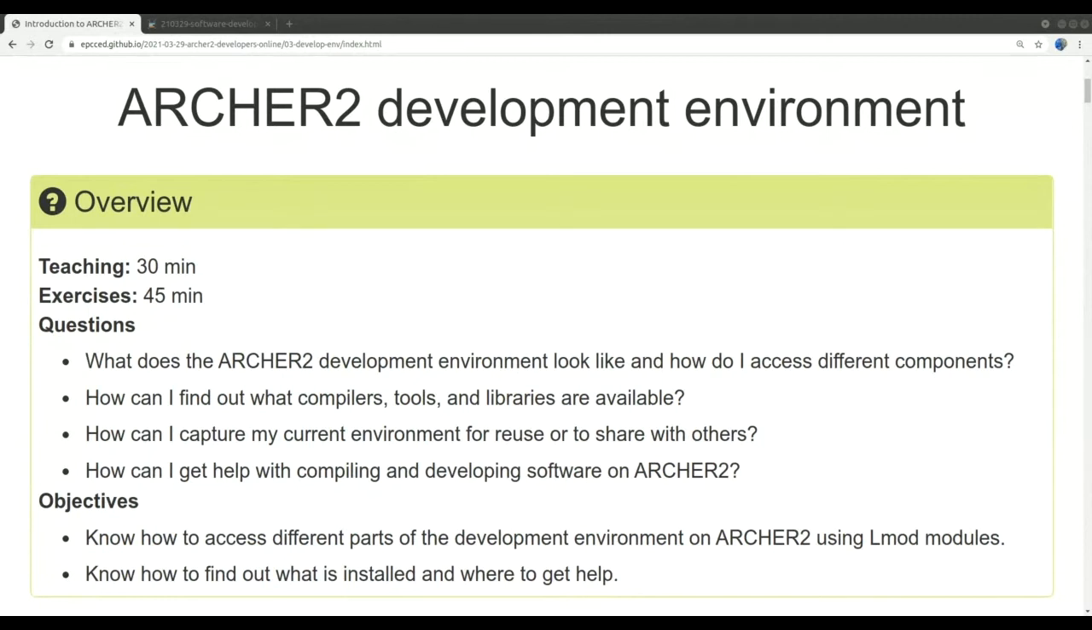So this afternoon, we're going to be focusing on 3 main things. The first thing is the ARCHER2 development environment. We'll be talking about what software is available on ARCHER2 already, how you gain access to that software, and how you use that software. And if that software isn't available, how can you go about compiling the software that you need through the various